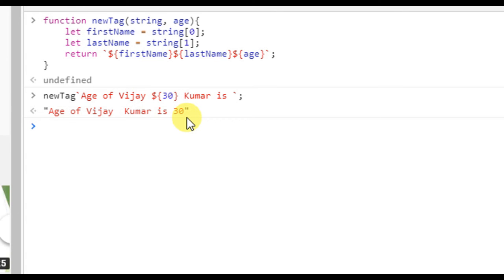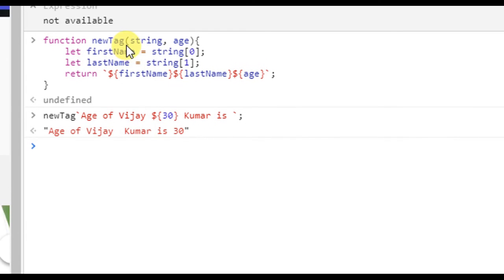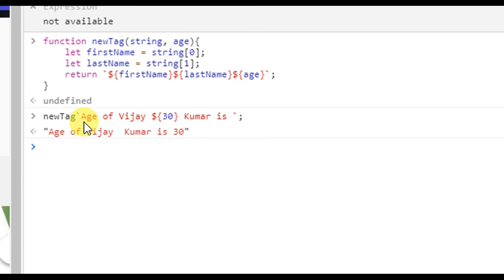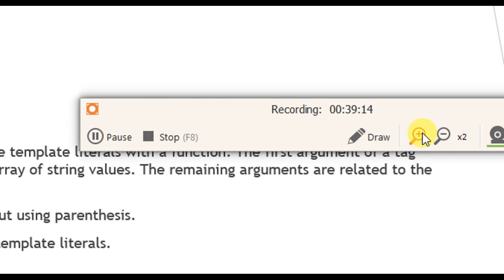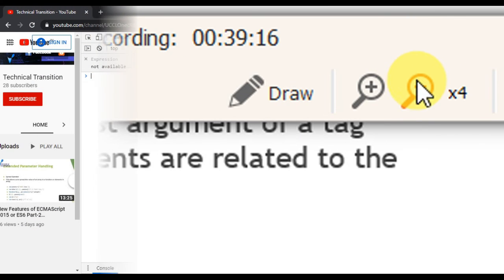We have not used any parenthesis while calling the function. We just need to use the template literal, that is called tag template, and pass the template literal. Okay, so hope you understand how to use this.